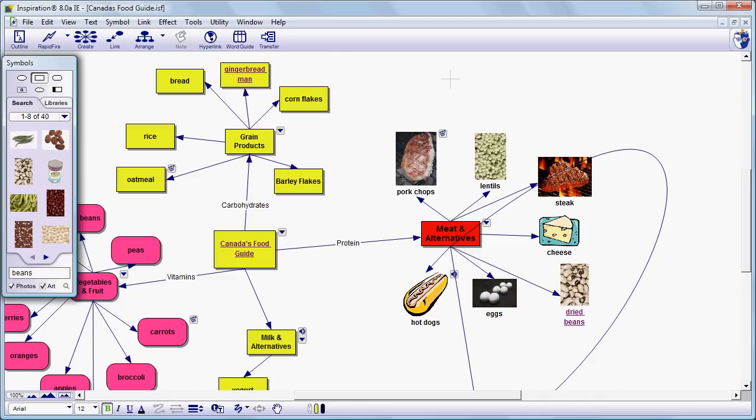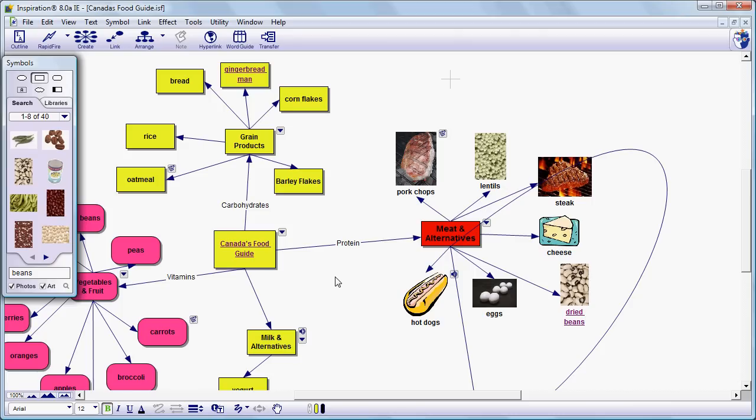Welcome back. This is installment 8 in a series of tutorials designed to introduce the novice user to Inspiration 8. In the previous 7 tutorials we covered almost everything that's necessary to use Inspiration in most instances, but there are a few odds and ends that we can clear up in this tutorial, and that's what we're going to do. So we're going to jump around a little bit, but we'll fill in some of the gaps that we missed